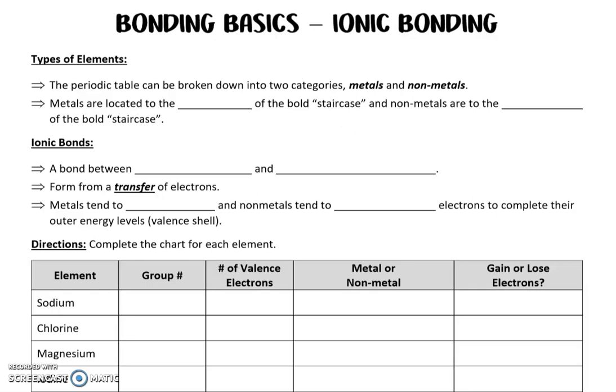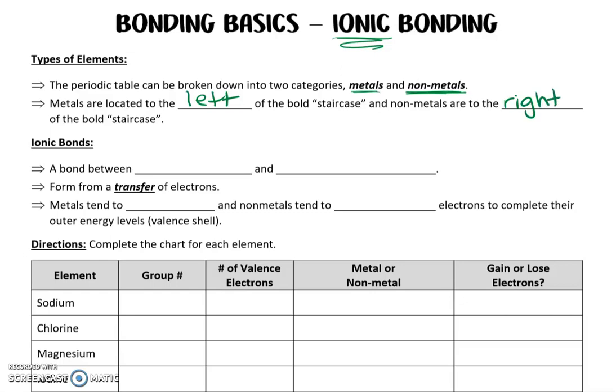All right, today's video is to show you some of the bonding basics for ionic bonds. We need to look at the periodic table of elements first and note that there are two categories. The periodic table is broken up into metals and nonmetals. The metals are located to the left of the bold staircase and the nonmetals are located to the right of